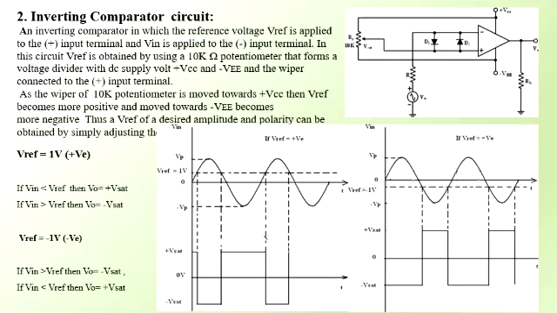Again, similarly continue for this. Again, if V in is less than V reference, then the output is positive saturation. It continues the same as this condition. Let us understand the V reference voltage as positive. And the second input output waveform is if the reference voltage is negative. I'll take one example: reference voltage is minus 1 volt. If V in is greater than V reference, then the output voltage is